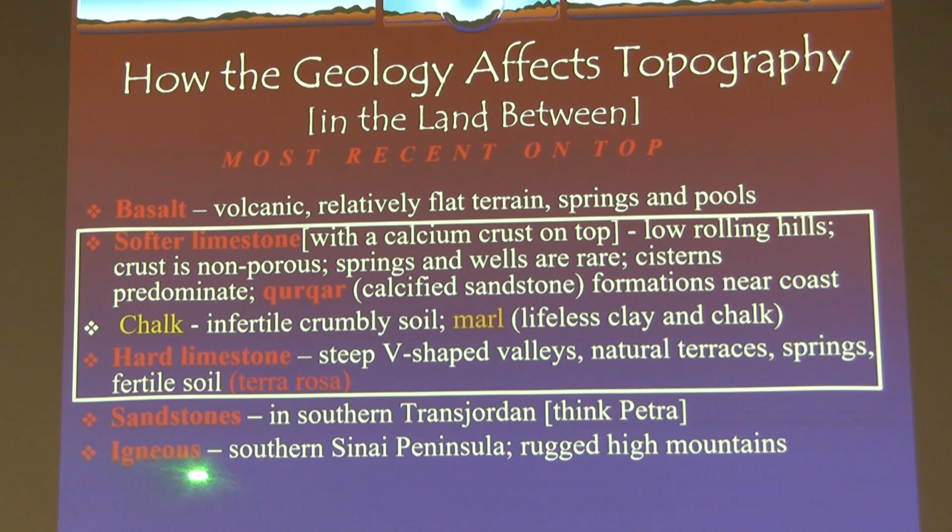So here's the bottom, igneous, mentioned that already. We encounter it in our high mountains in southern Sinai, high rugged mountains. When we study the Sinai Peninsula, we're going to see that. But it doesn't affect most of where Israel was parked once God brought them to the Promised Land. We'll only see that in terms of where God brought his people for the covenant at Sinai.